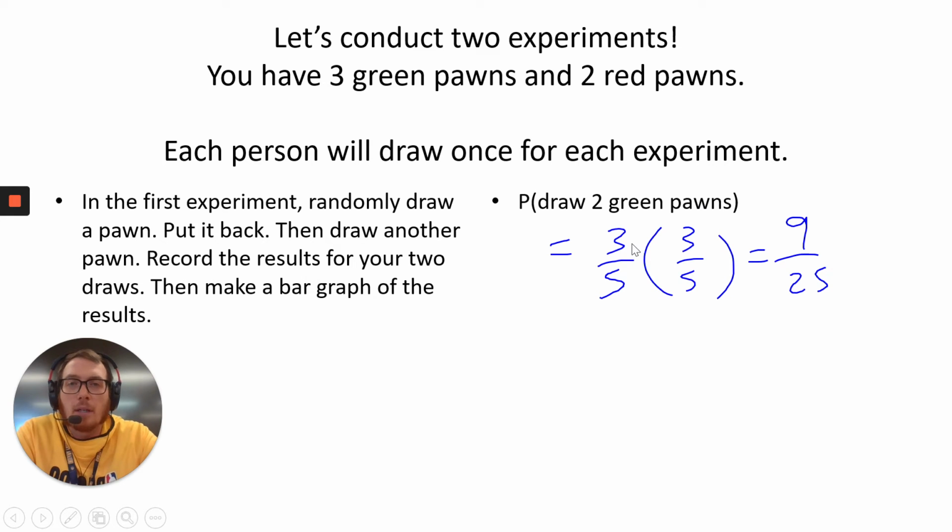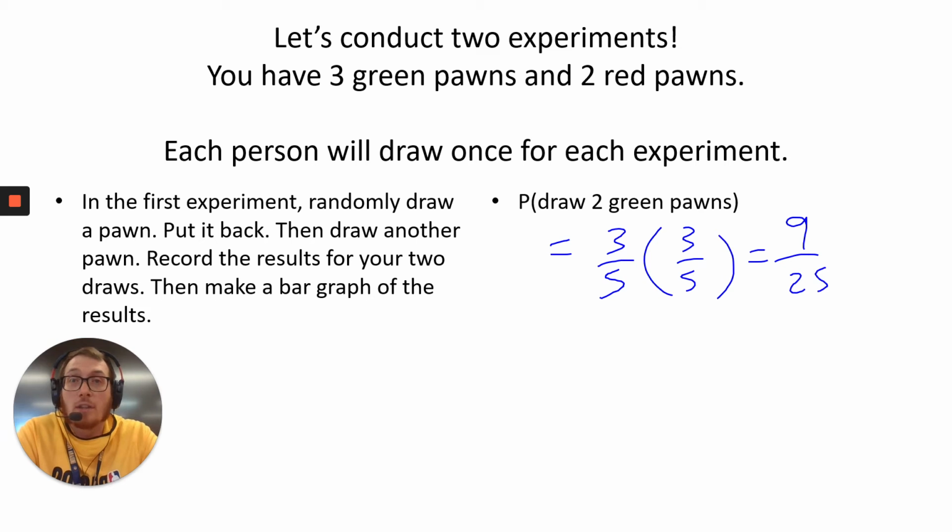Draw the 2 green pawns. So the probability I draw a green pawn is 3 out of 5 because 3 of the 5 pawns are green. Times, since I draw the pawn, I put it back, times another 3 out of 5 for the second one to also be green. That would make it 9 out of 25 as a final answer, and that would be my probability I draw both green. This question is an